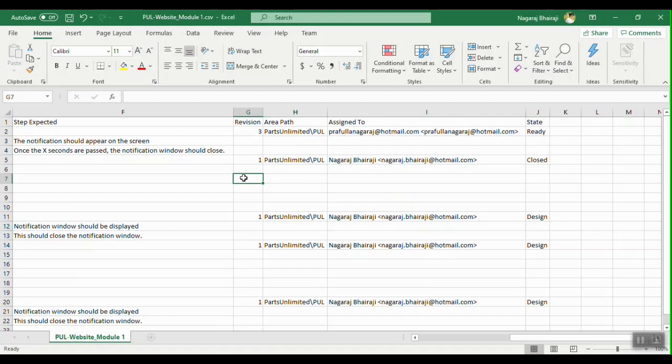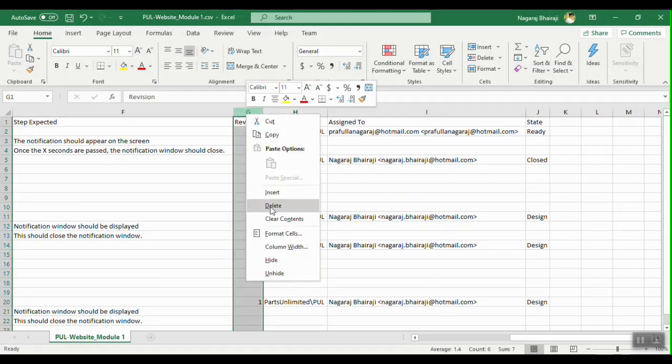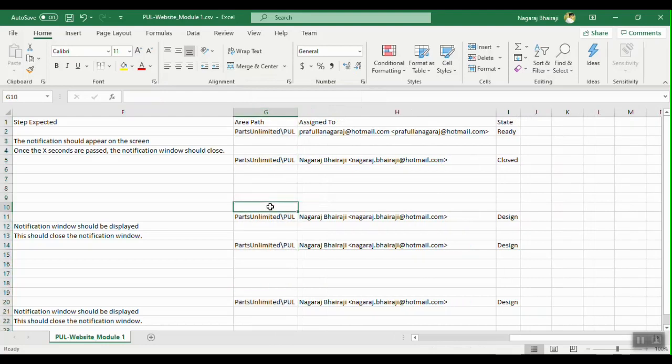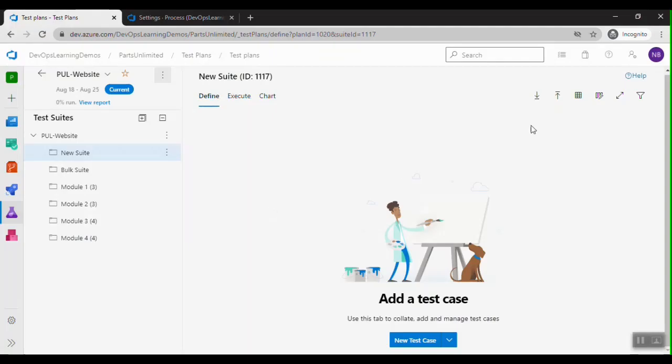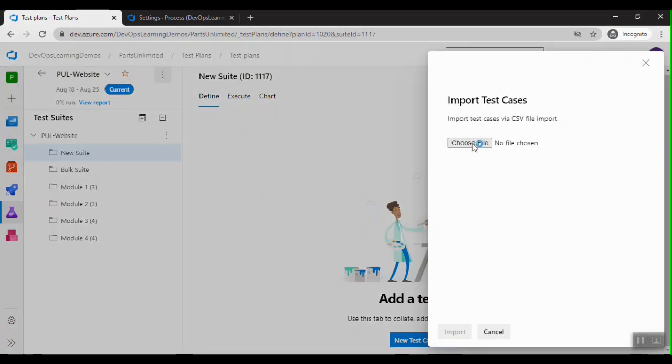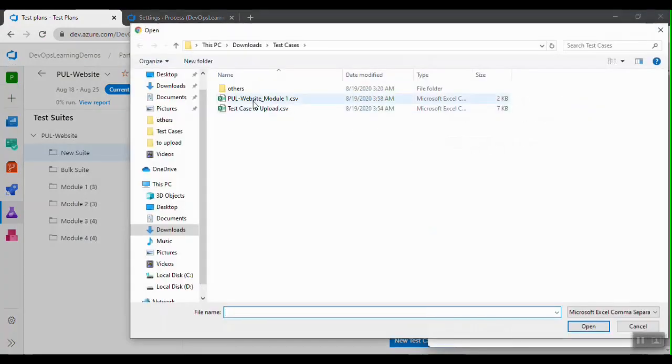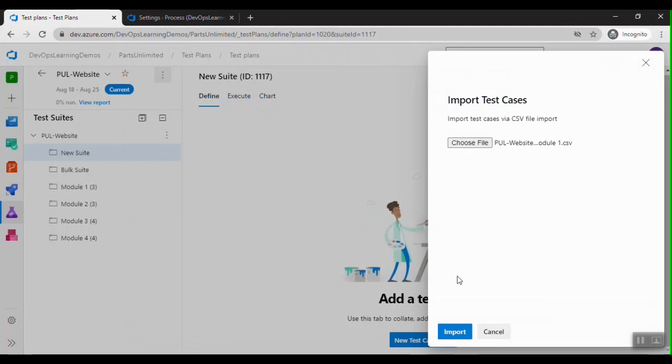Let me try to upload this, or even let me delete this column, revision. Okay, save this, click on upload, select this one and click on import.